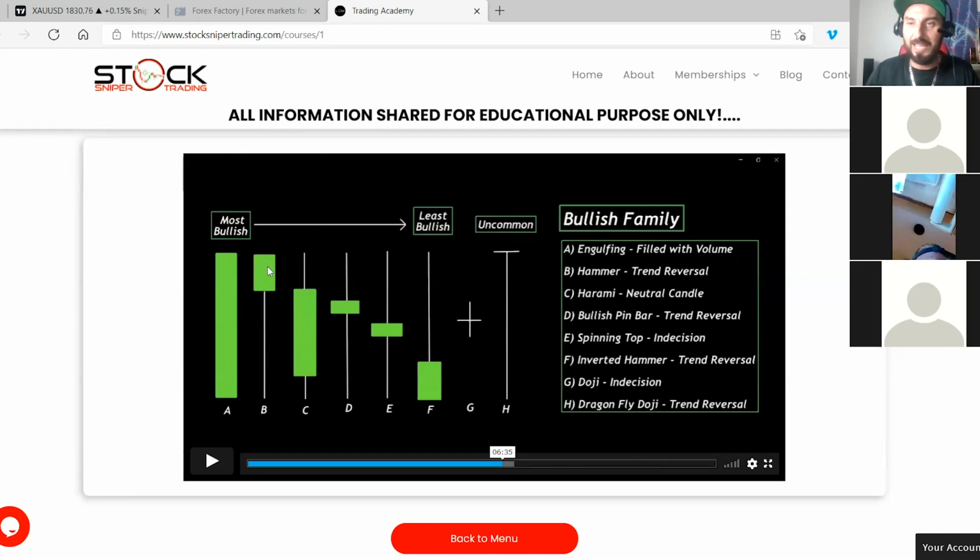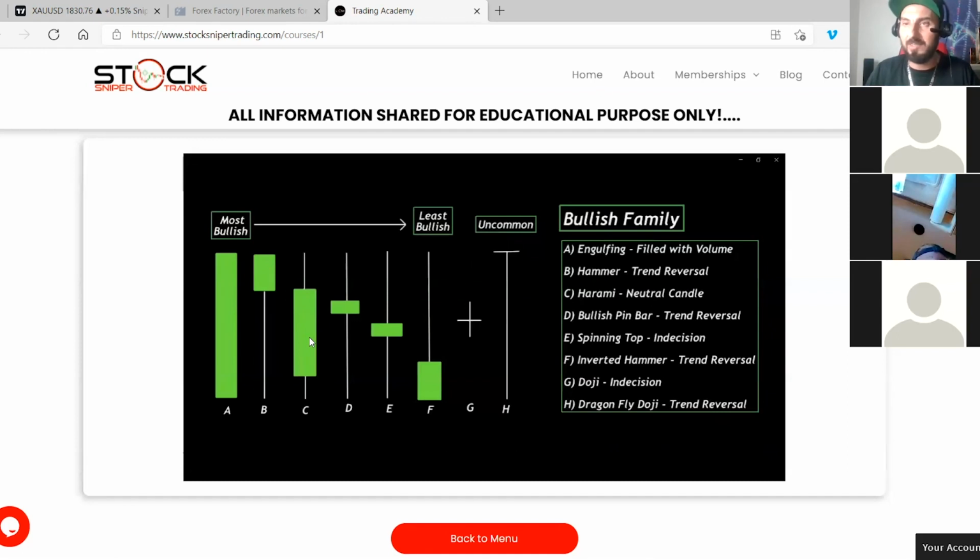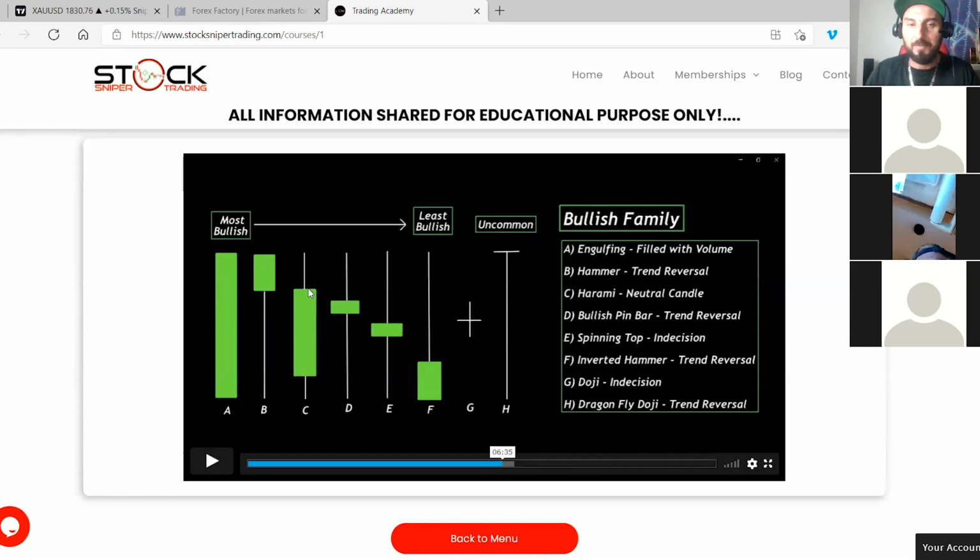Okay, so that's a hammer candle, bullish engulfing hammer. And then C here is a harami candle. This is considered to be like a neutral candlestick or a clue candle that maybe a trend will be changing. Okay, it still has more than 50% of the candle is bullish volume. So that's why it's considered to be more than neutral. It's the third candle because you still have some nice 50 to 75% buying volume, but this one had a